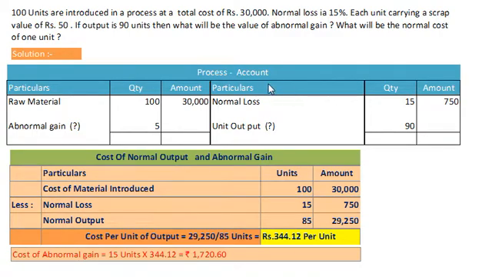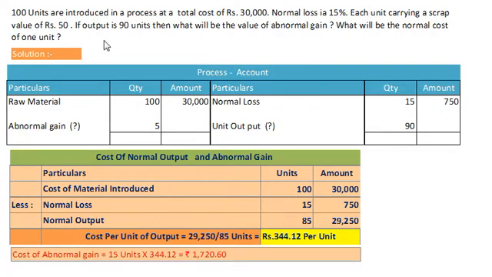Dear students, to calculate the value of abnormal gain and cost of normal output, first we will prepare a process account. On debit side we will record raw materials introduced with 100 units and 30,000 rupees, and on credit side we will record normal loss 15%, that is 15 units, and the rate is scrap value 50 rupees per unit, so our amount